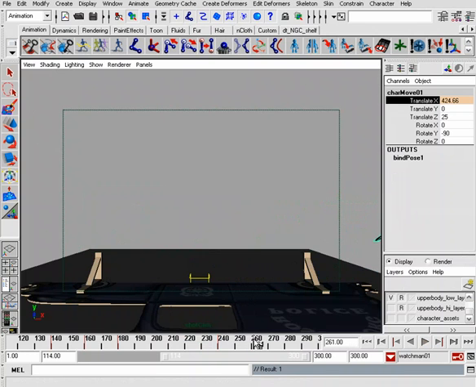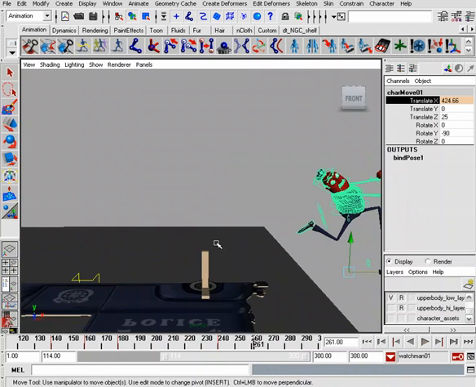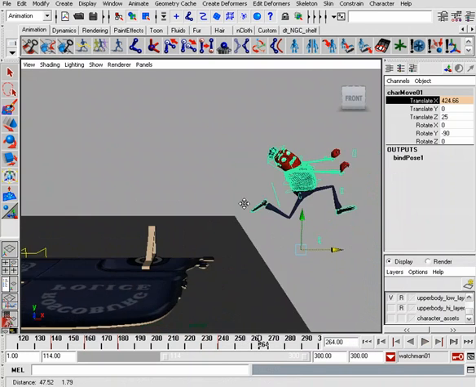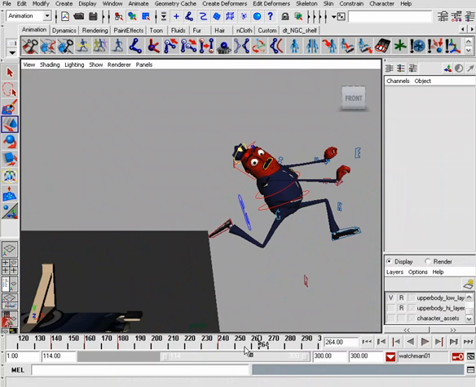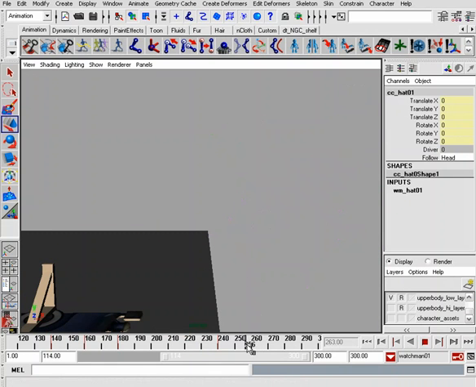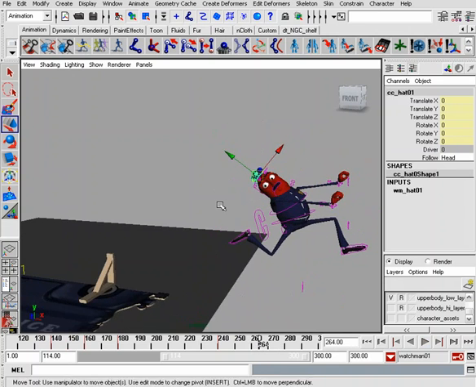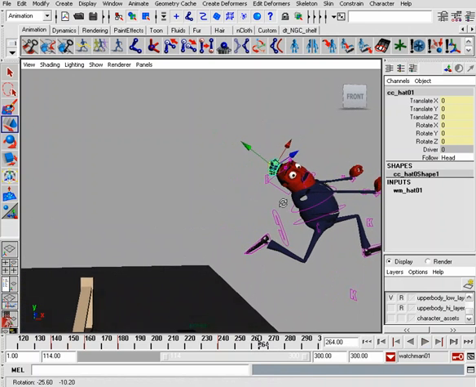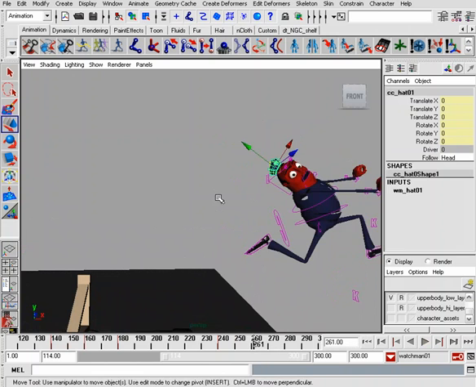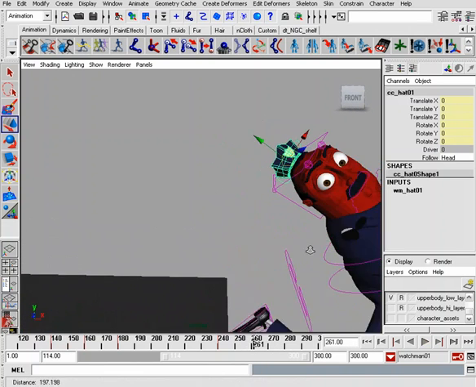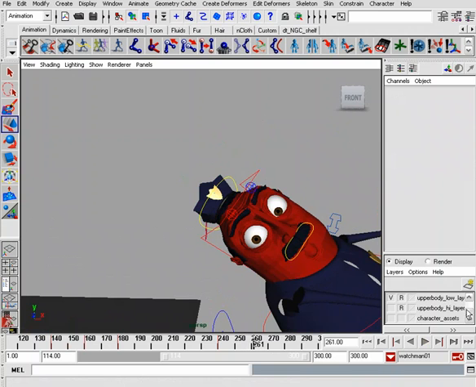Alright, great. Now, going back to our perspective, remember we're going to have the hat actually fly off. But here's a little trick. Because the hat follows the main group node that controls the character's global control, what we're going to do instead is duplicate the hat that's on his head and just use the duplicate to finish off the scene. So making sure that just the hat is selected, what we may need to do is go ahead and uncheck or unreference his